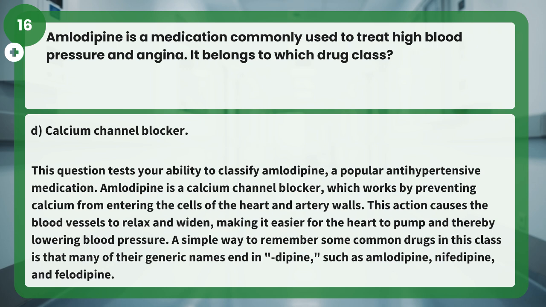This question tests your ability to classify amlodipine, a popular antihypertensive medication. Amlodipine is a calcium channel blocker, which works by preventing calcium from entering the cells of the heart and artery walls. This action causes the blood vessels to relax and widen, making it easier for the heart to pump and